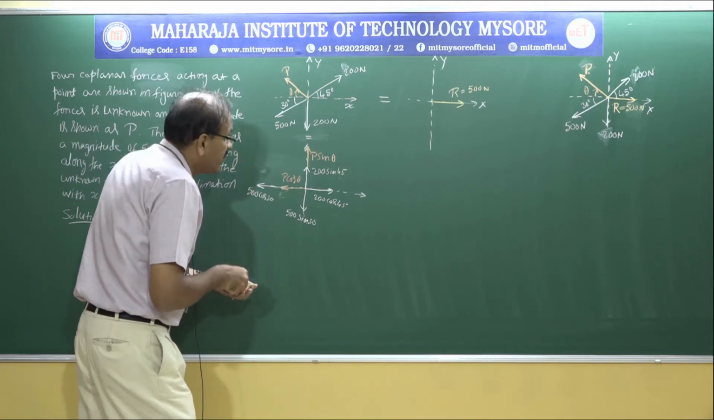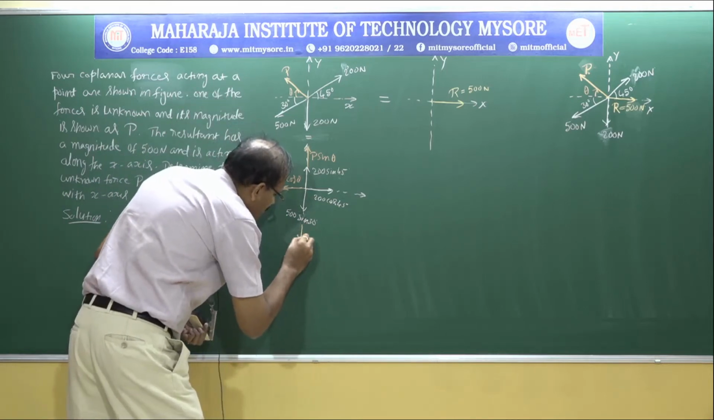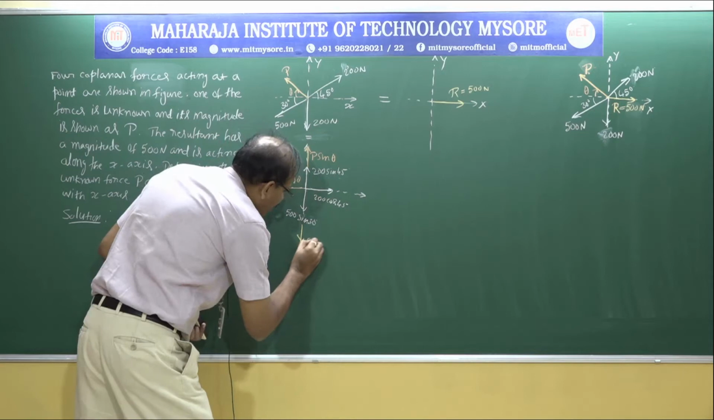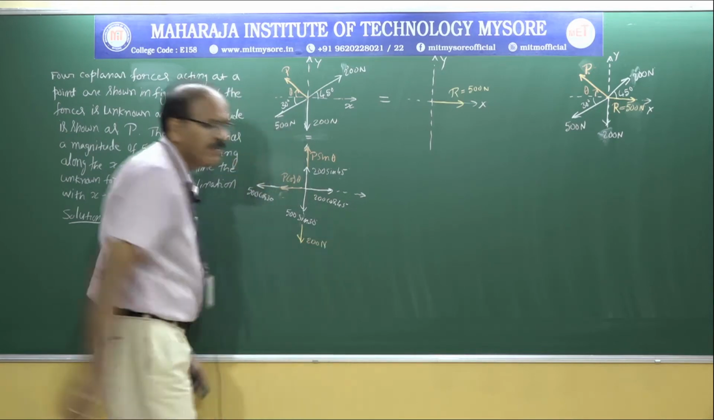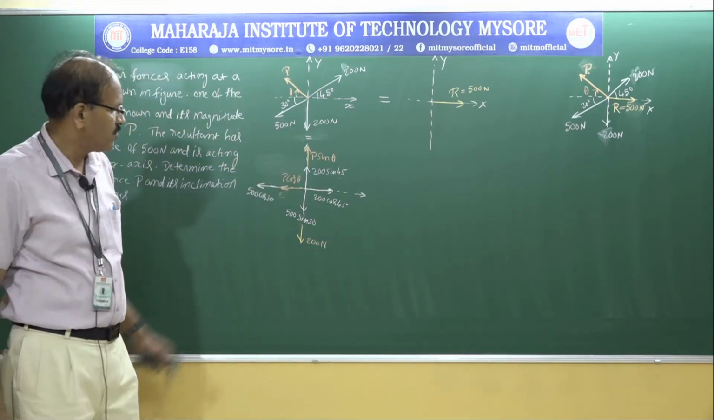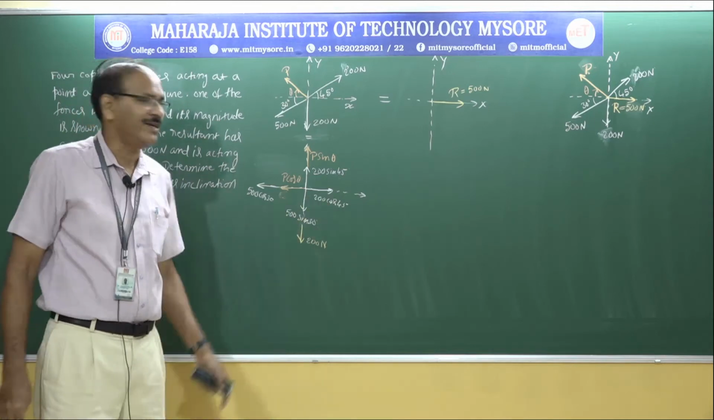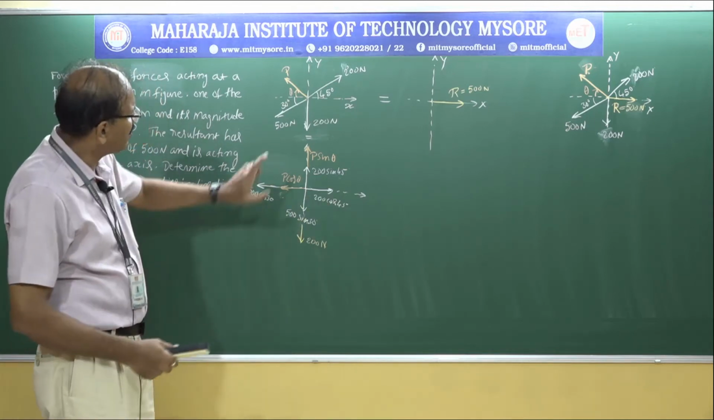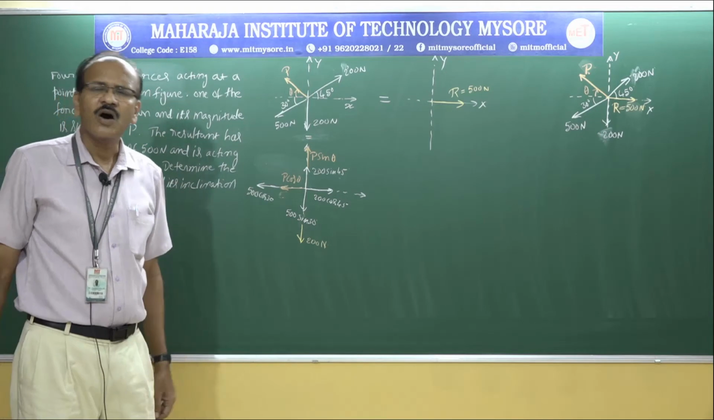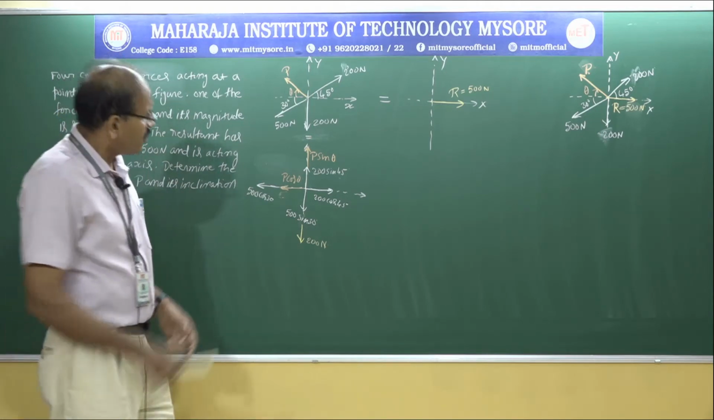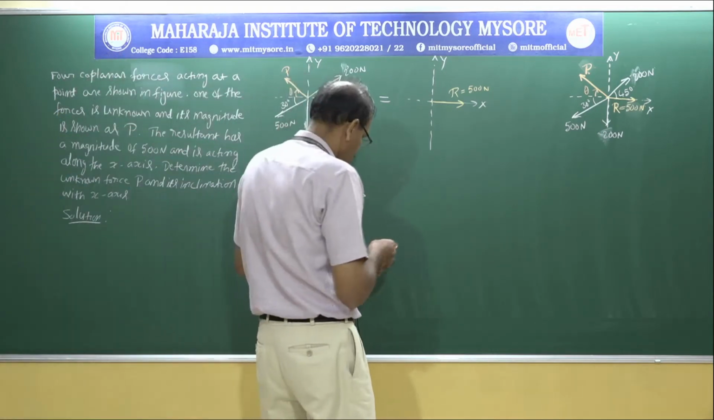Next, there is already this 200 Newton acting downwards. So I am going to use a different chalk base. It is 200 Newton acting downwards. So this does not have a horizontal component. Okay, now all the four forces are resolved. So that should be equated to